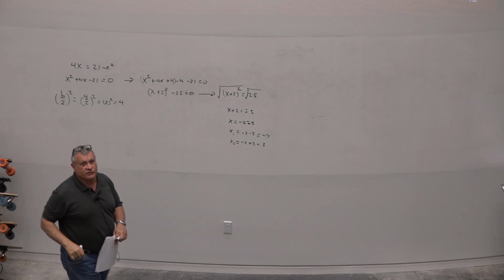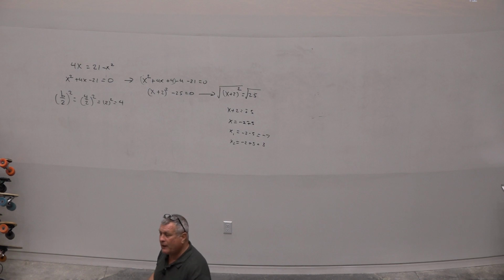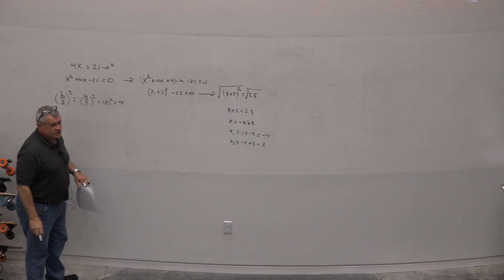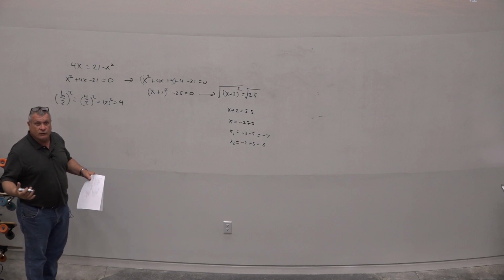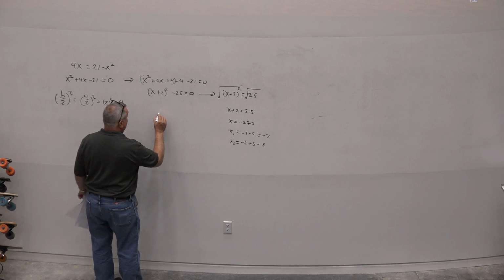Because I'm going to ask you to do that. When I give a problem like this, I'm going to tell you to factor it and use the square root method. And you'll have some choices, like what would be a choice A? Choice